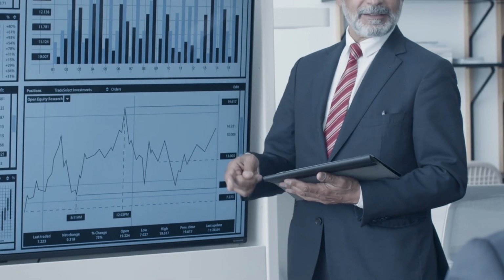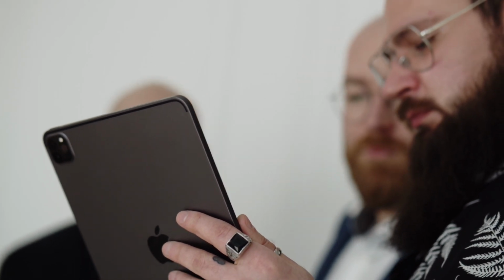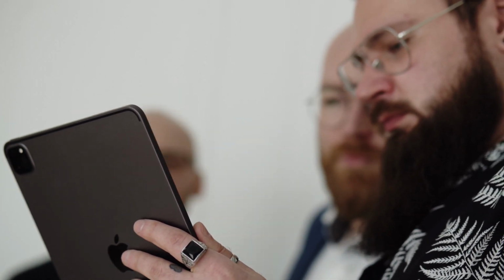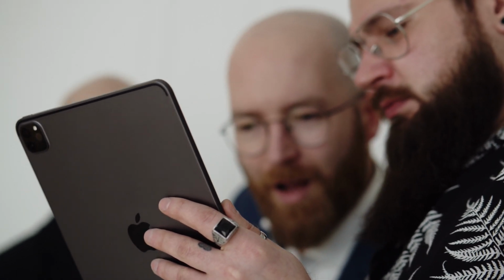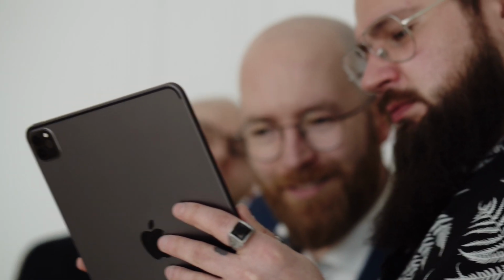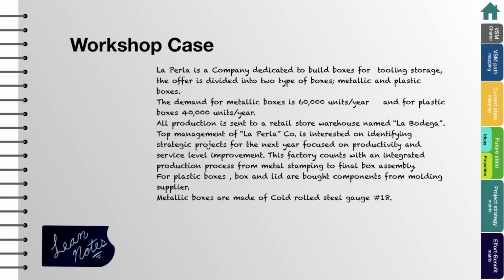We invite you to get a projection of your tablet screen and capture detailed information for every step among your productive process. Keep your team work effort in a digital board for future reference or documentation. The following case of study illustrates the way you define the path to follow to get successful VSM planning. Based on this workshop case, we will walk you through the VSM methodology for you to get a successful mapping